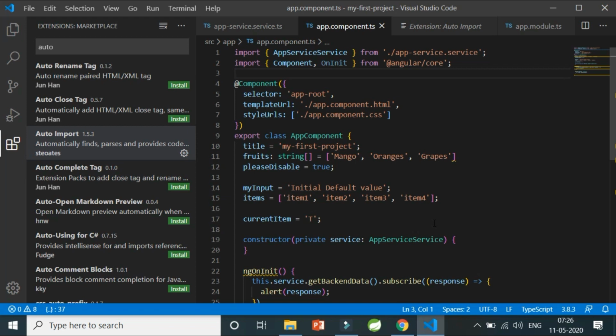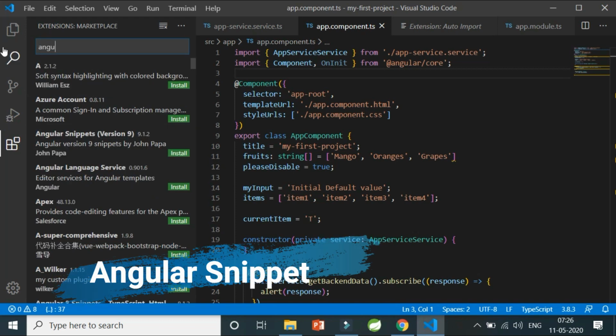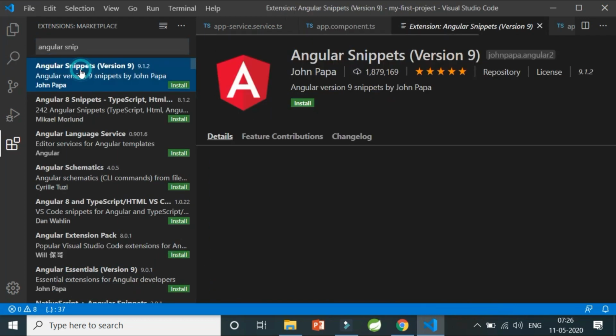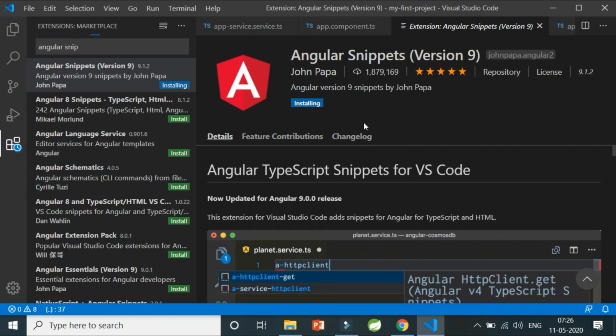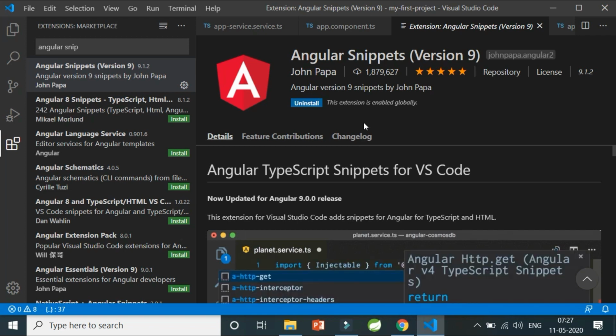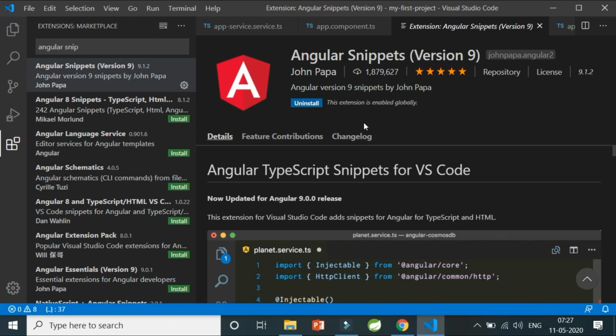Now the fifth extension which I'm going to show you here is very important, which is Angular Snippet. It is version 9 as of now, and I will install it for you. By the time I tell you, this extension will actually completely change the way you code in Visual Studio Code. As I always say to you, coding is all about logic and it is not at all about syntaxes. Languages may keep on changing, the syntaxes may keep on changing, but your logic will remain the same always. So it's time when we should focus on logic and give the task of remembering the sentences for Visual Studio Code Angular to this extension, and I'll show you how in a minute.